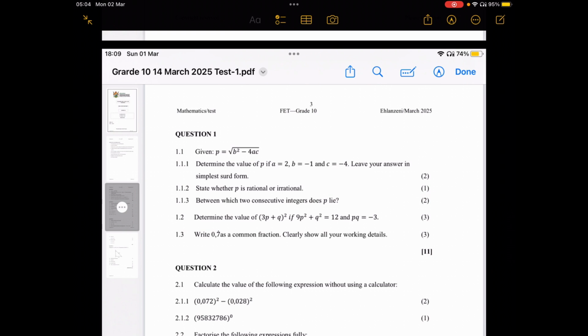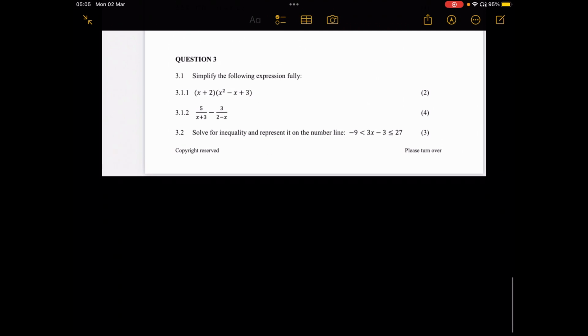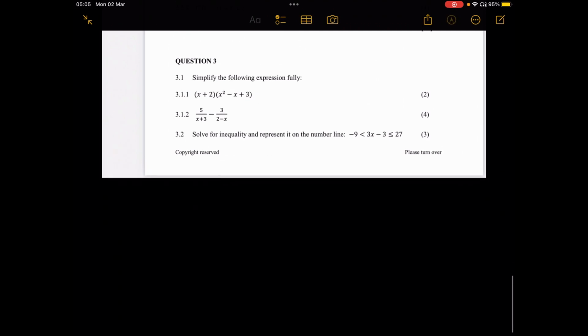Alright, in question 1 you're given P is equal to B squared minus 4AC, and you have to determine the value of P given the values of A, B, and C. Then you must leave your answer in surd form. So first thing to do here,